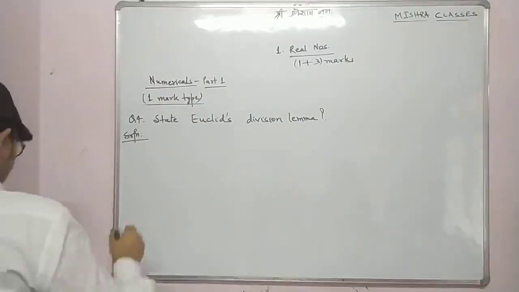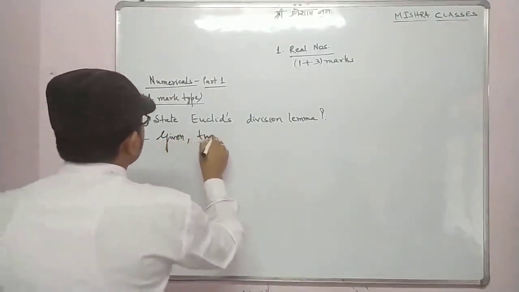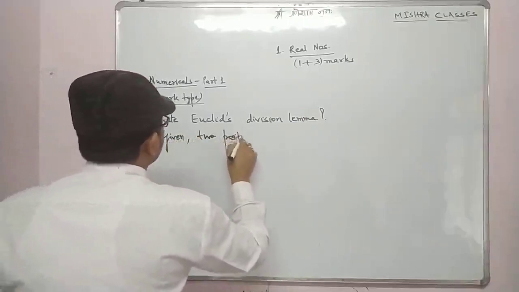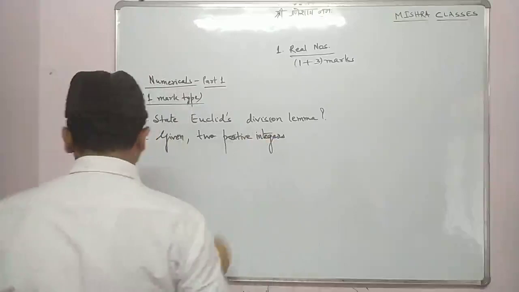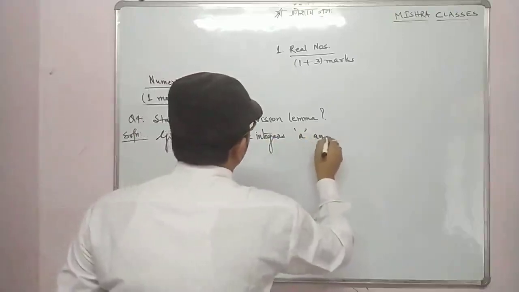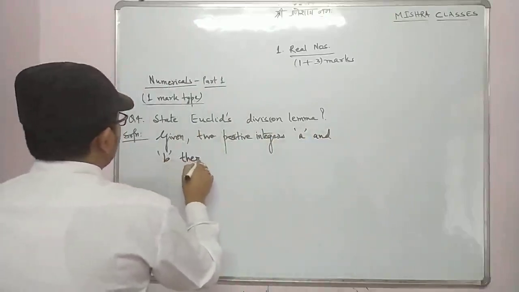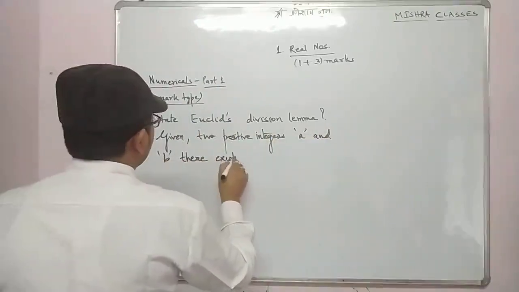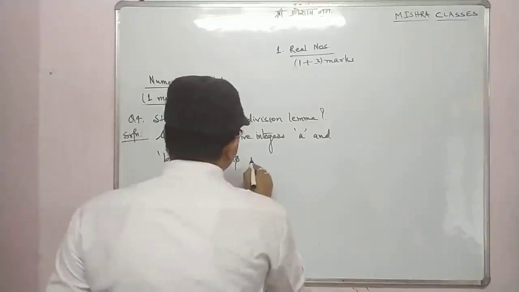It says that given two positive integers, a and b, there exists unique whole numbers